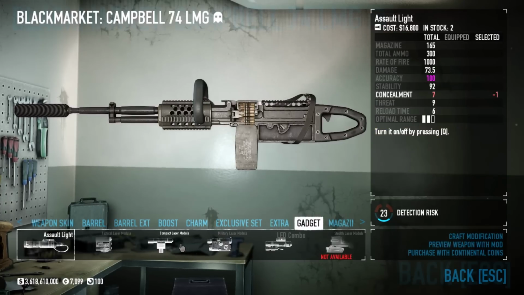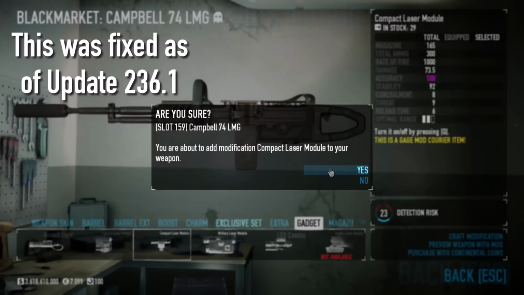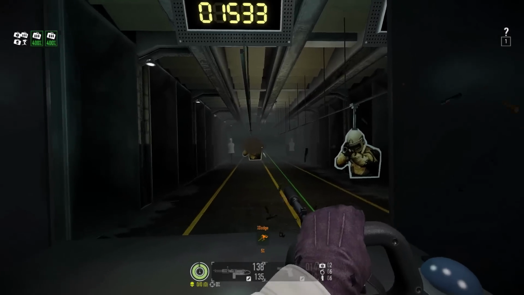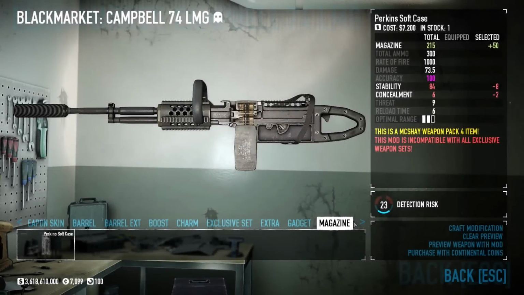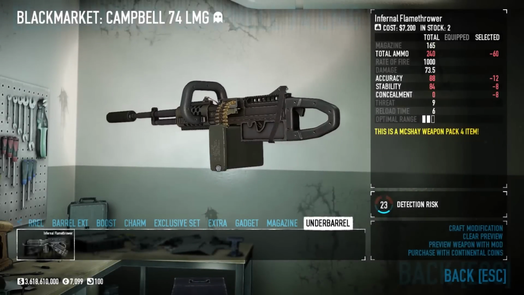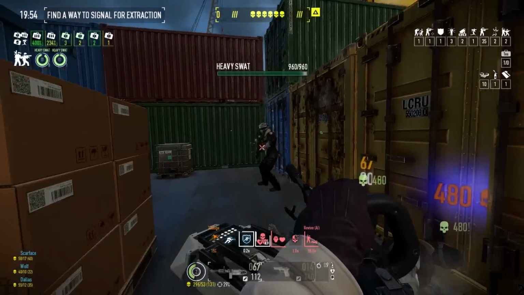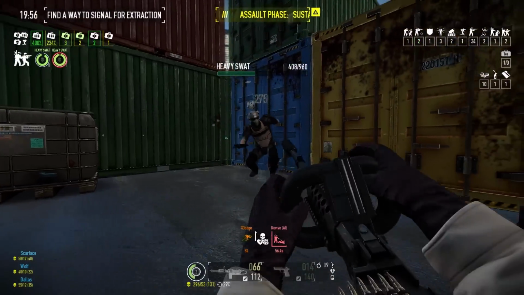I personally don't bother with a gadget at the moment, after all the laser is so far from pointing at where you're firing, it's actually a distraction, but I will equip the compact laser module once this is fixed. Avoid the Perkins softcase mag and the Infernal Flamethrower, as both are just a little too stat negative to work within this build. For the secondary, we're going to want to absolutely max out on concealment, meaning we can only